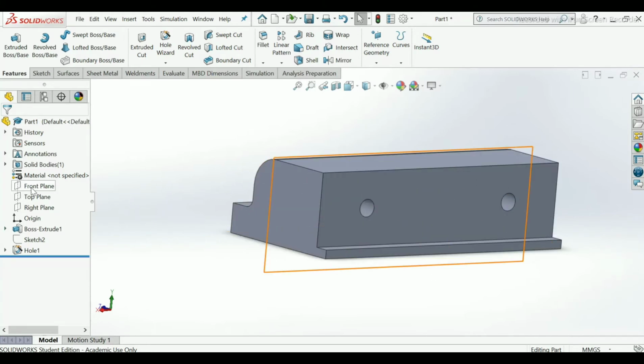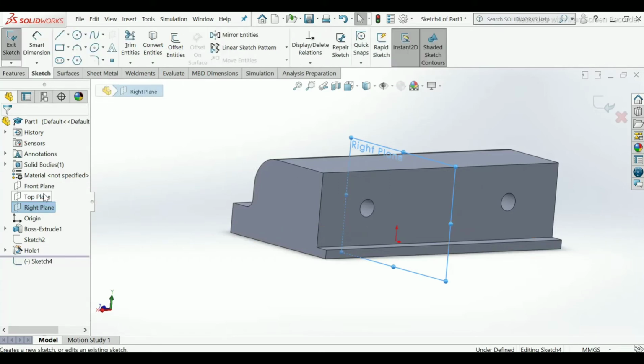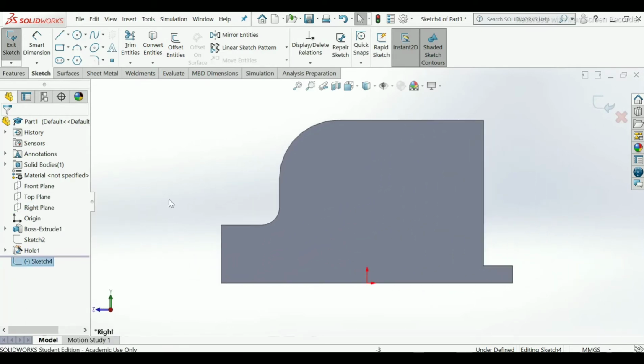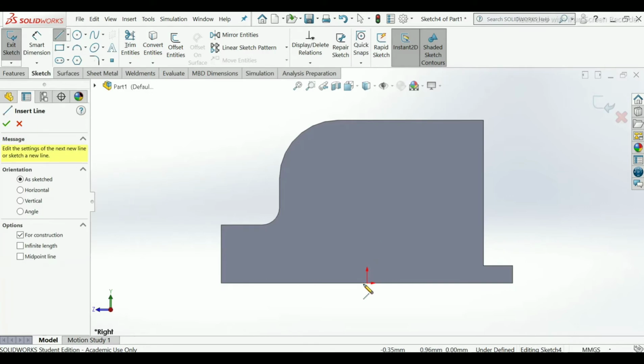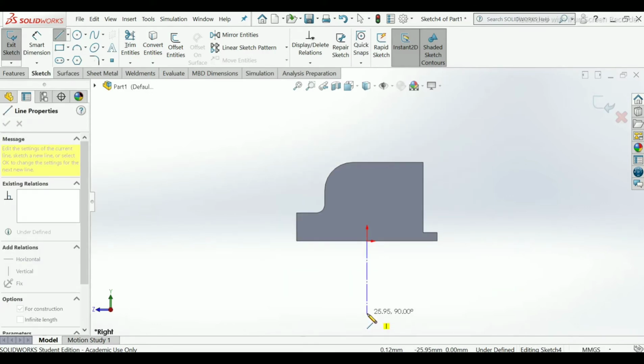Now again select the right plane, sketch, normal to profile. Select corner rectangle, or first I will take center line so that it will easily be symmetric.